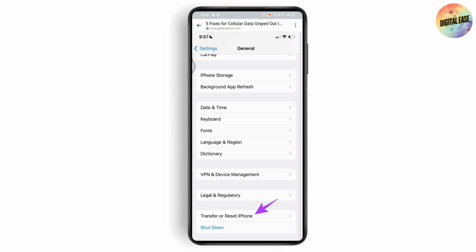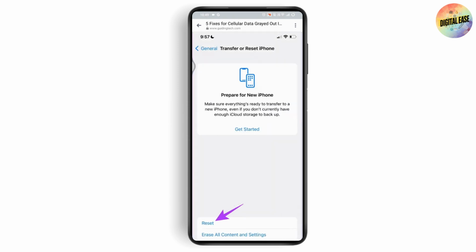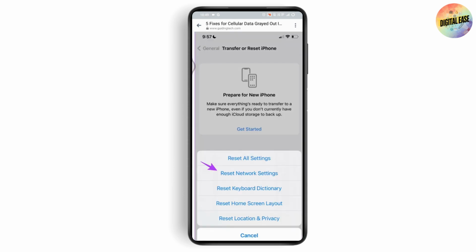First open up your Settings app, tap on General, tap on Transfer or Reset iPhone, which is at the bottom of your screen. Once you tap on it, at the bottom you will have the Reset option. Simply tap on Reset and tap on Reset Network Settings. Once you tap on it, your problem will be fixed. In this way, you can fix the grayed out